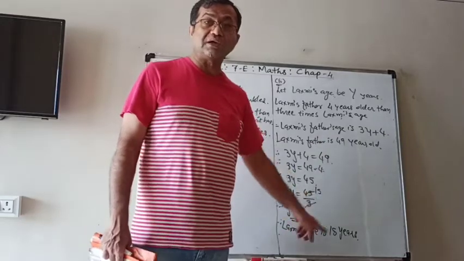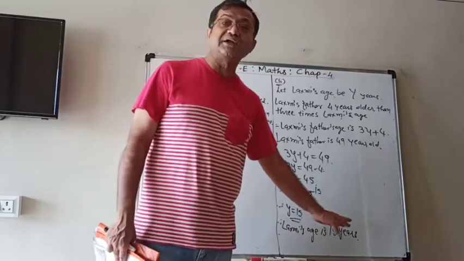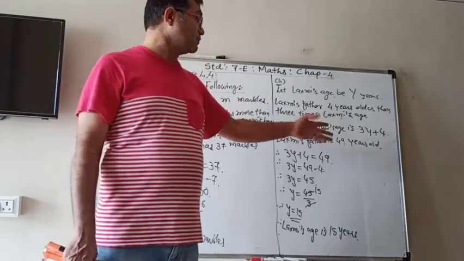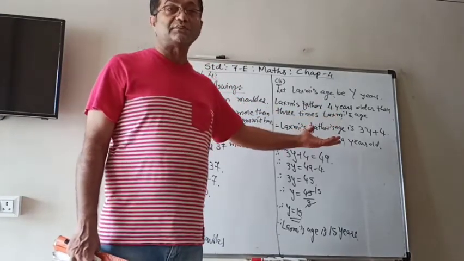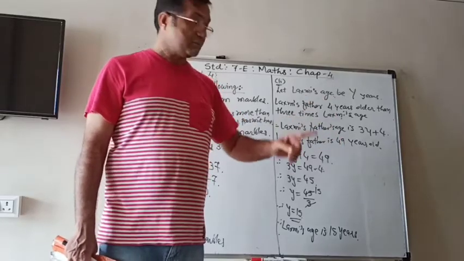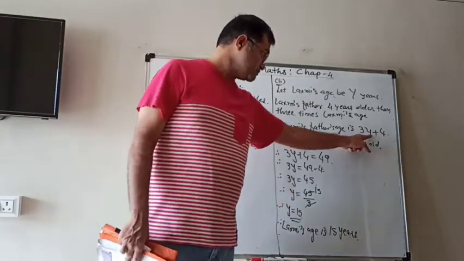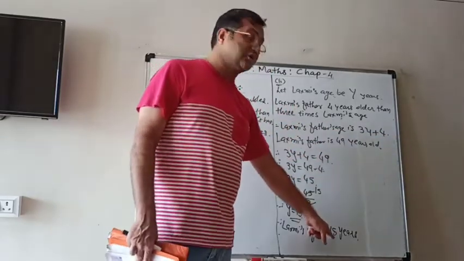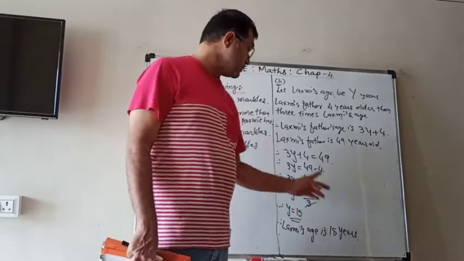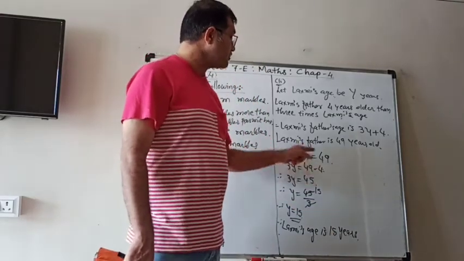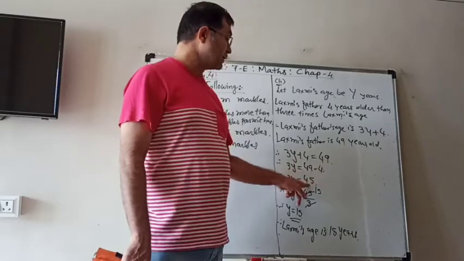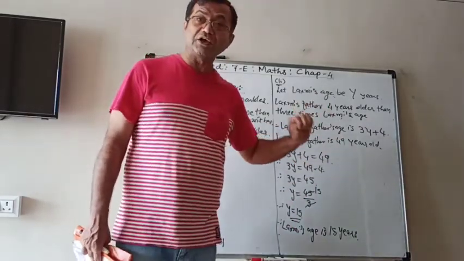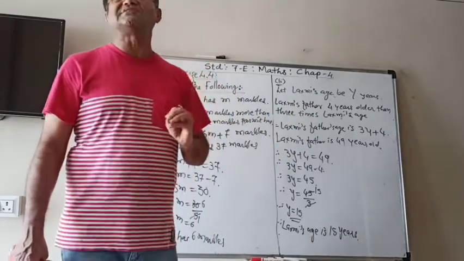It means that if you have made a mistake here, if you got a different answer, then it will not give you the total age of the father. It will come out different. It means that you have made a mistake. But here you can see that 15 3s are 45. 45 plus 4 is 49. So our answer is right. If you got something wrong here, maybe you forgot to put minus 4 and you put plus 4, then you will get something different here. So in a simple equation, you can actually check your answer yourself also.